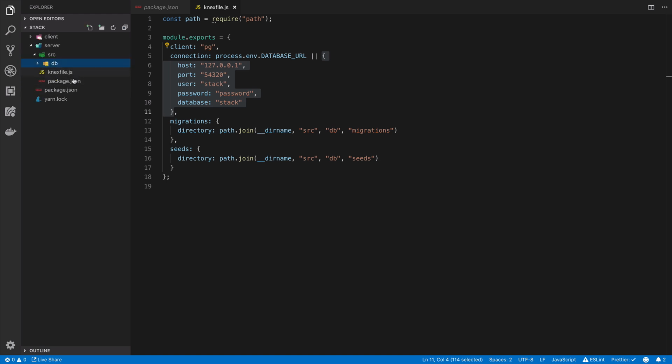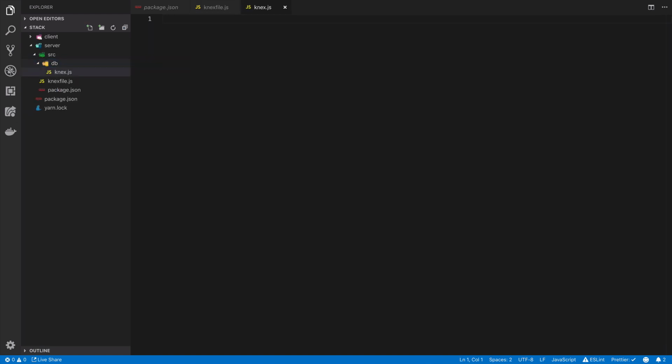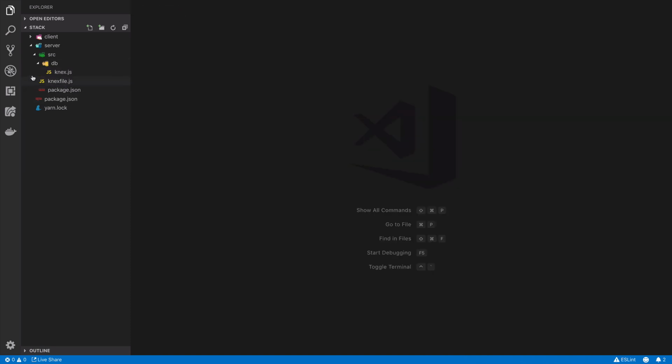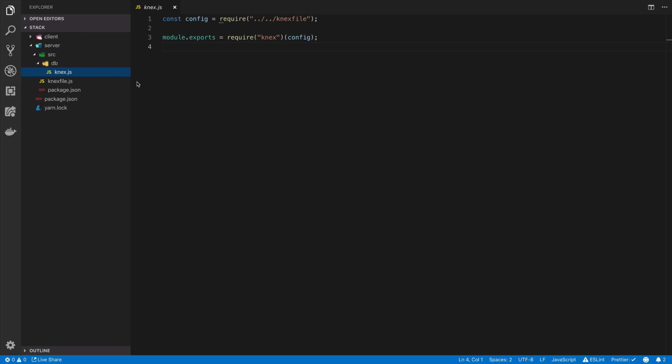So we're going to need the knexfile to configure that connection. I'm also going to create a file that will instantiate that. So this is the file that I'm going to use from within my code. The reason why you have the two separate is that the knexfile gets picked up by the command line tool that Knex provides you, whereas this other little bit of code in here is what I'm going to actually use in my code to connect to Knex. So I'll set up a knexfile, I'll set up Knex in a neat little file there,